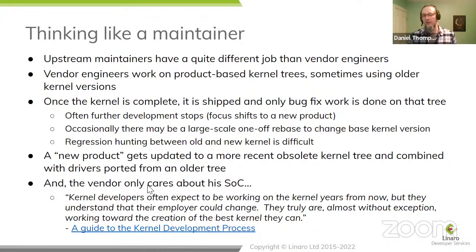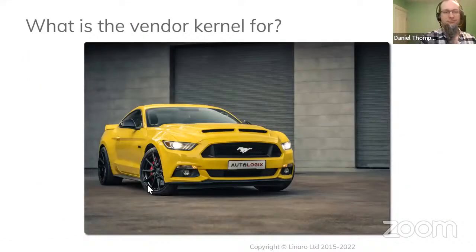Now, this works for employers because if you hire a really great kernel developer, knowing them to be a kernel developer, you probably want them to work as a kernel developer. So it doesn't change the semantic, but those senior maintainers and senior kernel developers are genuinely working to make the kernel the best they can. They're not interested in making an old fork work on different products.